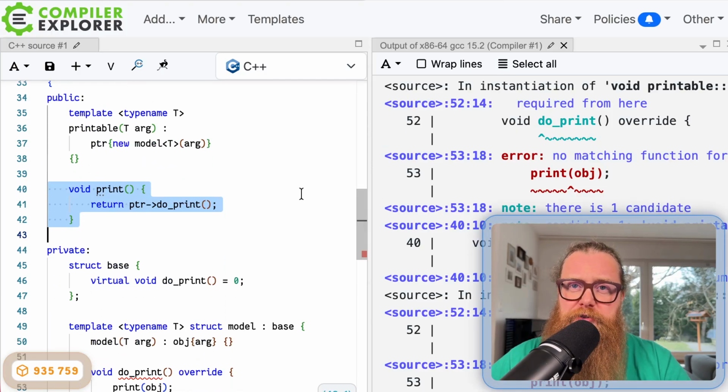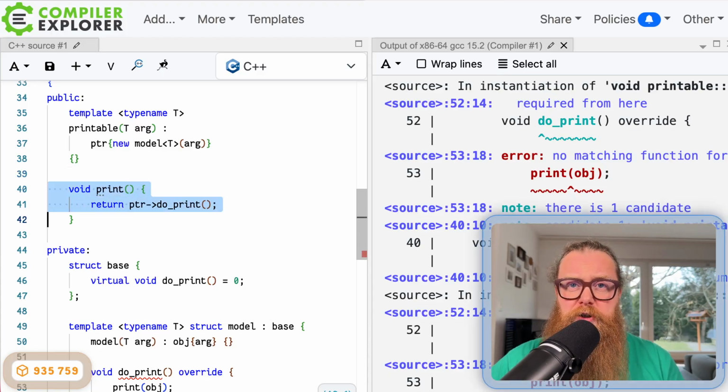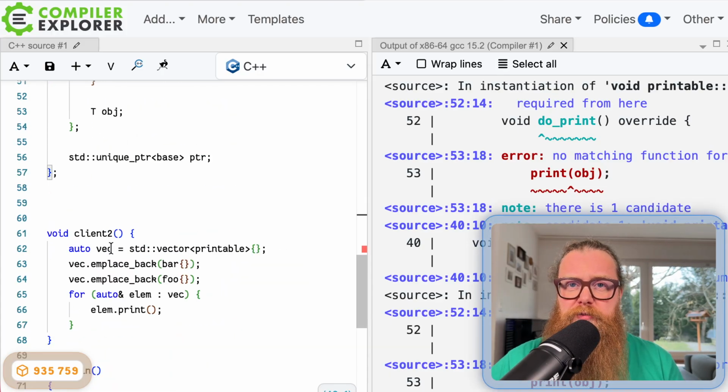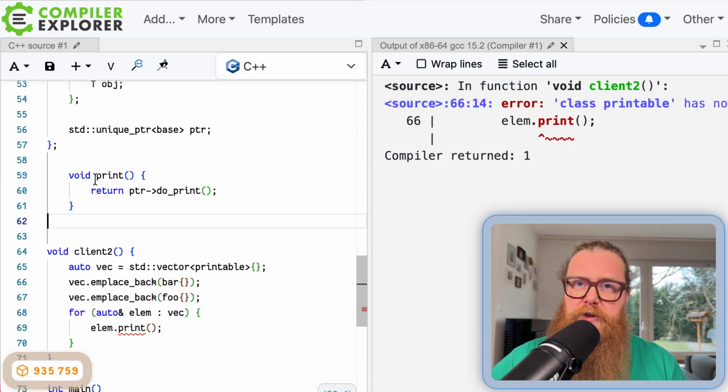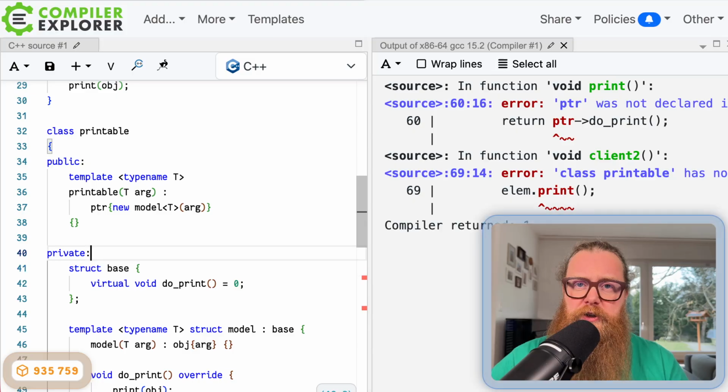The problem here is that since the print function accesses a private member, we have to make this a friend function. So we have to extract the function, put it outside the printable implementation,